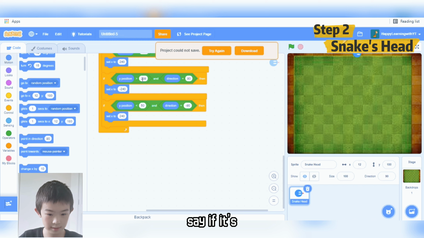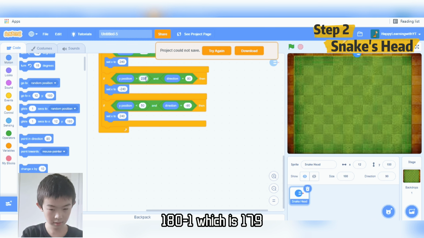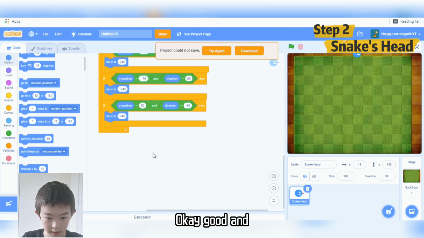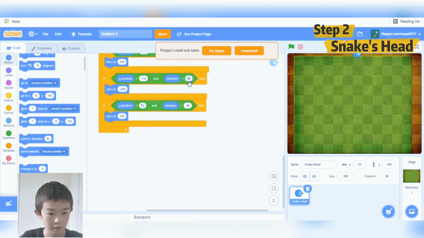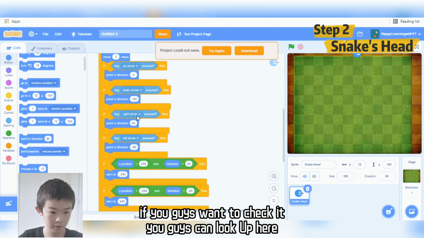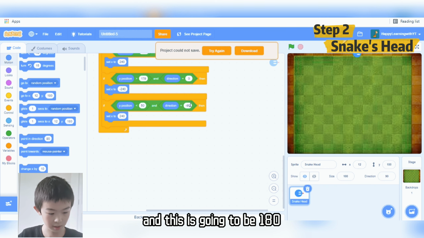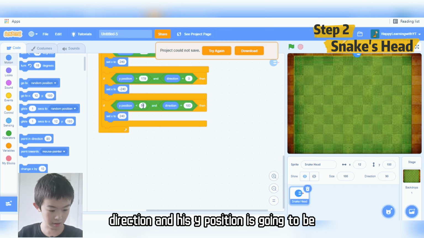So, say if it's bigger than 180 minus 1, which is 179. Okay, good. And direction is going to be up, so it's 0. If you guys want to check, you can look up here. Up arrow, 0. Yep. And this is going to be 180 direction, and his Y position is going to be